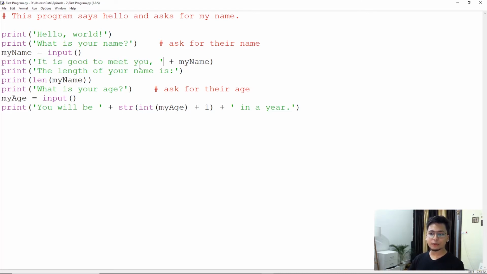That is, it is good to meet you. And then if I want to go ahead and add a variable inside a print statement, I'll simply use this addition symbol and write the variable name. Now see, when I take the name I have stored in the my name variable, and I'm going to put that over here. So when this line runs, it is going to say, it is good to meet you, space